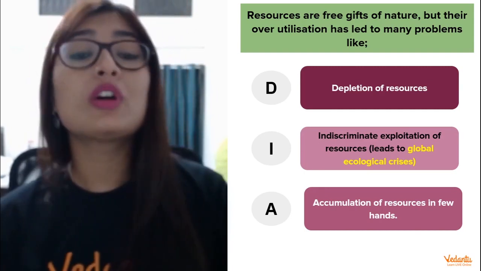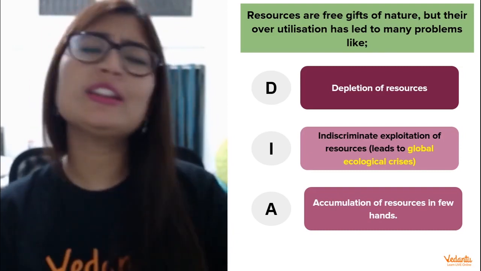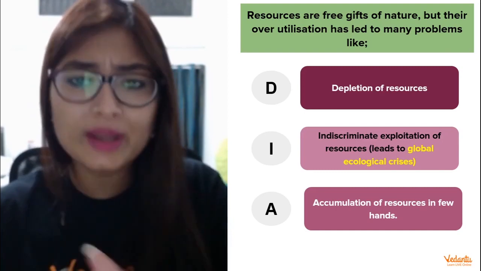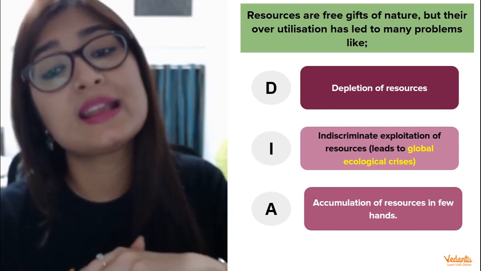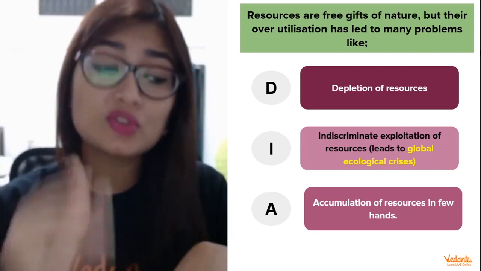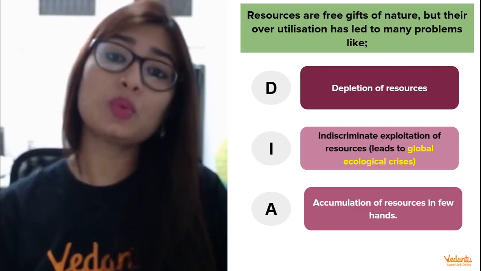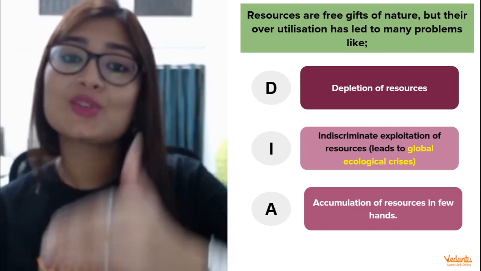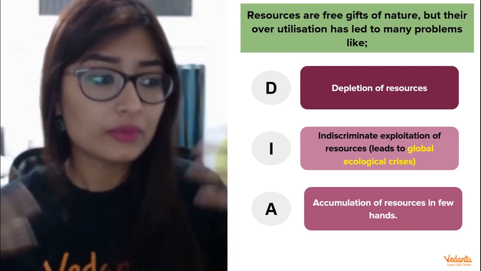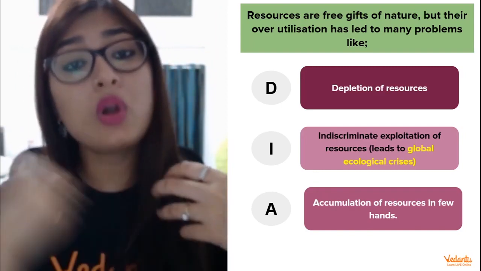People take it for granted. People take these natural resources for granted. We think that it's the gift of nature and we can exploit it as much as we want. And we end up overutilizing it, which is further leading to so many issues and problems in the world. The major one is depletion of the resources. Because we are overusing it, it is slowly decreasing, it's depleting the fuels and everything. We are not finding an alternative, and also because we are continuously using it.